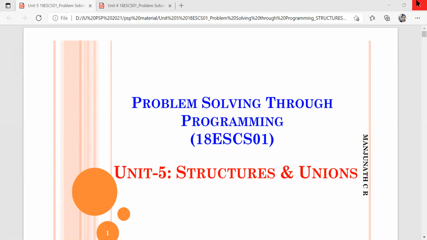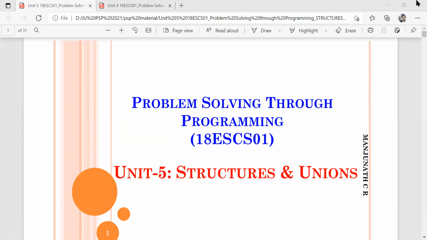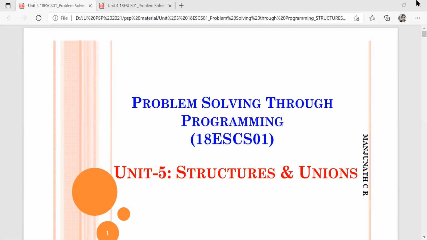And to store the USN number, what will be the appropriate data type? What are the things available in the USN number? 20 BTR CS 134. So 20 is a numeral, BTR means characters, CS also characters, 134 again a number. So it is a combination of both numbers and alphabets. In that case, the USN should be stored in character data type, not integer or floating point data type.